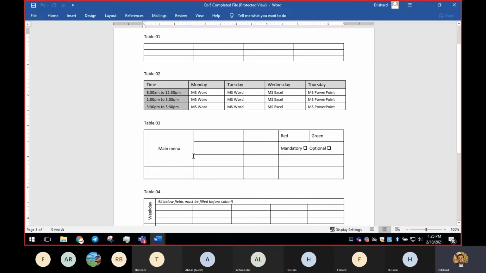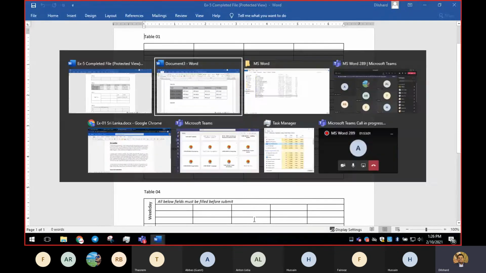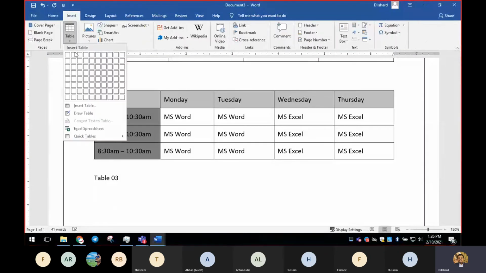We don't have 2 lines here, but we'll assume we have, right? Then that is also a normal 3 cells. So this also will become a normal 3 rows if you have these 2 lines. So we have these 2 lines and we don't have this divided line, so that entire cell is 1. We'll assume in that way, and now we'll start counting. If so, we have 1 2 3 4 columns, and 1 2 3 4 rows, right? 4 by 4, right? So I'm going to go back and insert that table 4 by 4.